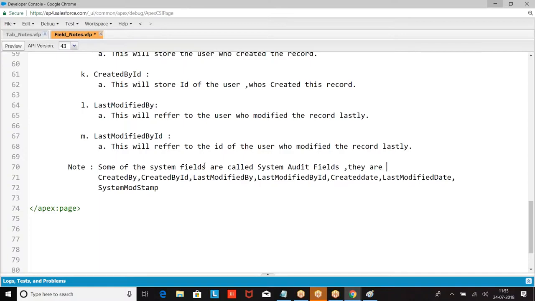Okay. Now let us go to the next concept, which is called custom fields. Once again, any query from your end regarding the standard fields?